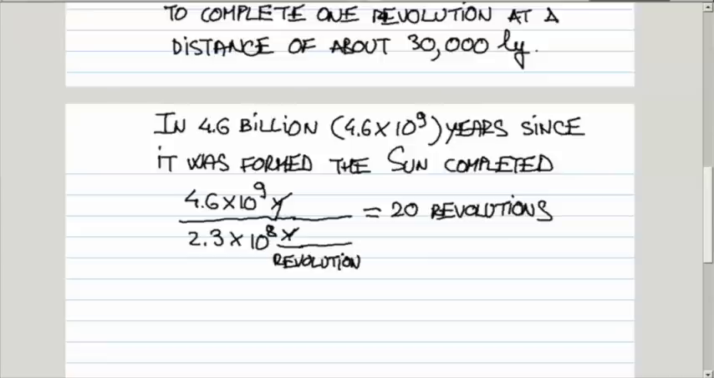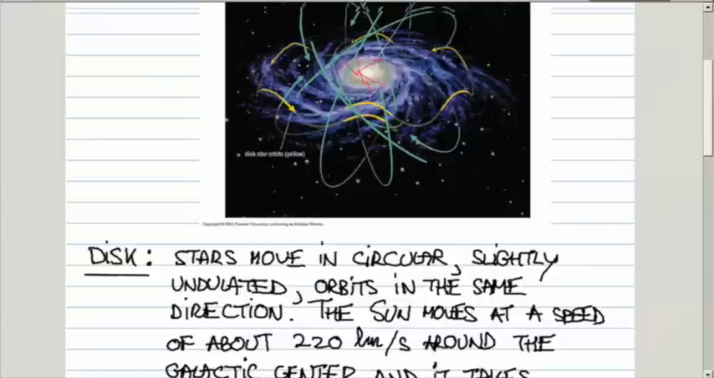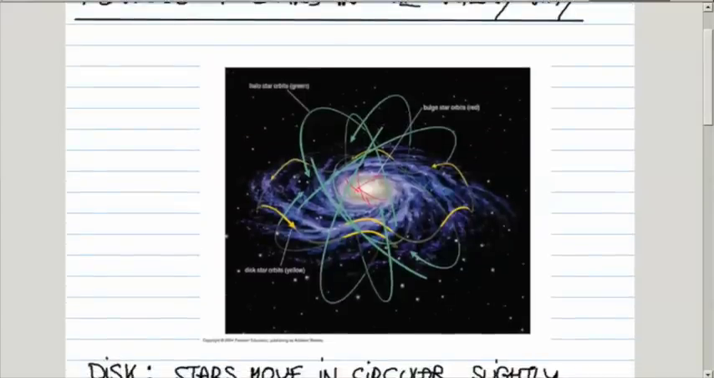Okay, what about the halo stars? Well, it turns out that while the disk stars move along circular paths, slightly undulated, the halo stars move in highly elliptical orbits at any angle with respect to the disk, and in random directions. Like these two move this way, this one moves the other way. So in a sense, they resemble bees in the beehive, right? So the halo stars move in random directions